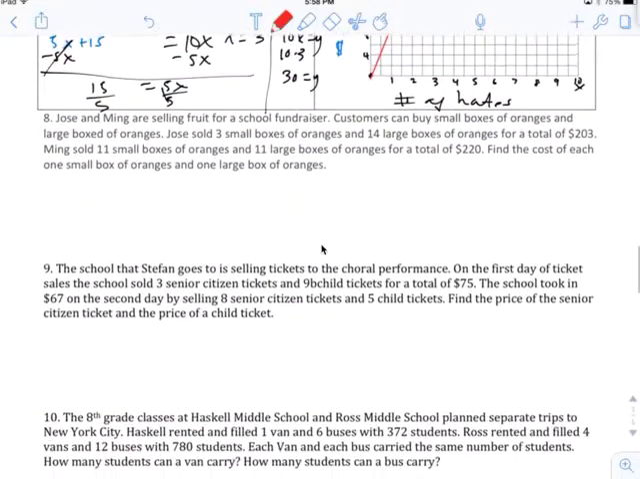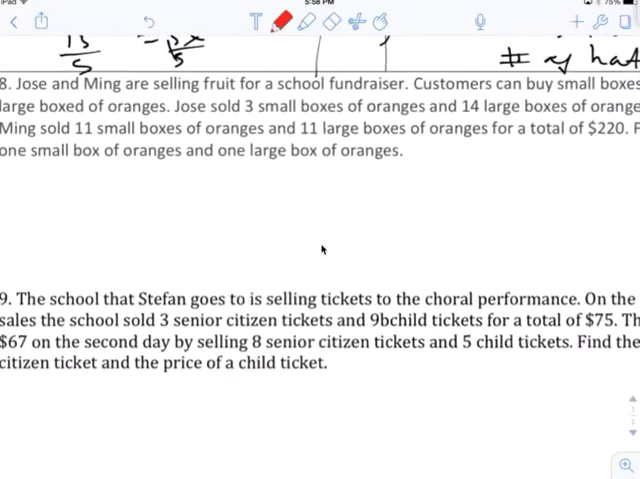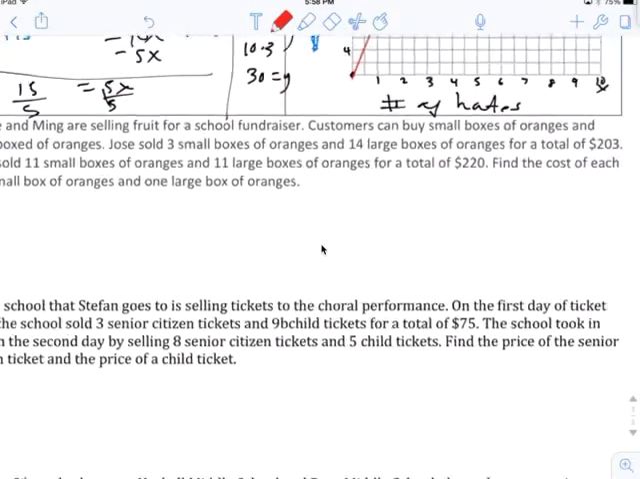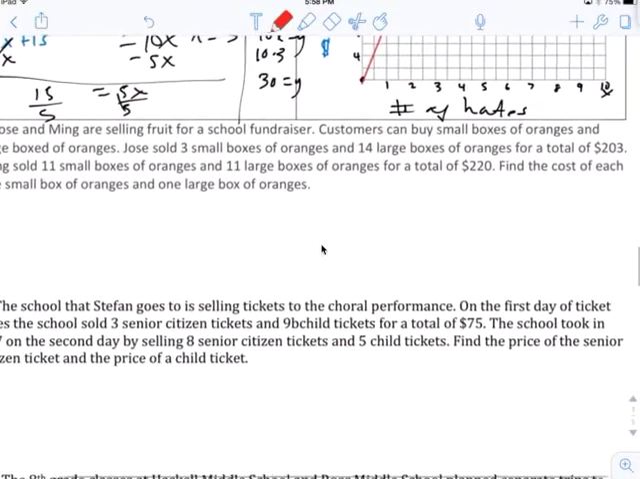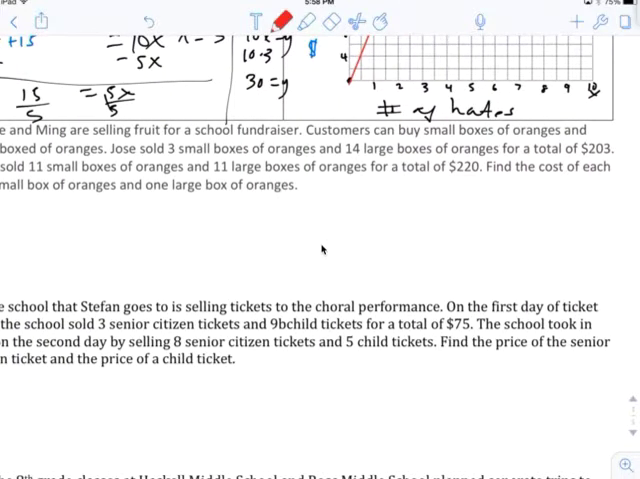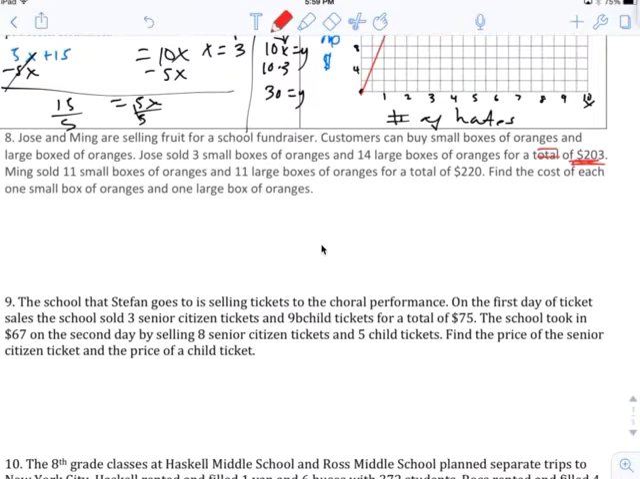All right, number 8. Jose and Ming are selling fruits for the school fundraisers. Customers can buy small boxes of oranges and large boxes of oranges. Jose sold 3 small boxes of oranges and 14 large boxes of oranges for a total of this much. Ming sold 11 small boxes of oranges and 11 large boxes of oranges for a total of that much. Find the cost, so we're finding the cost of each